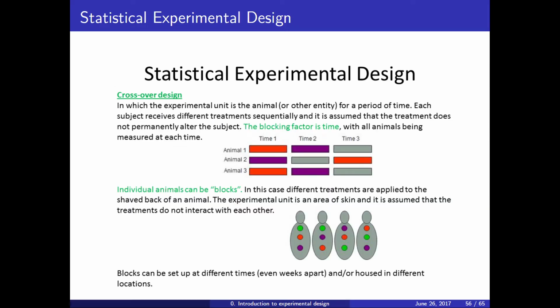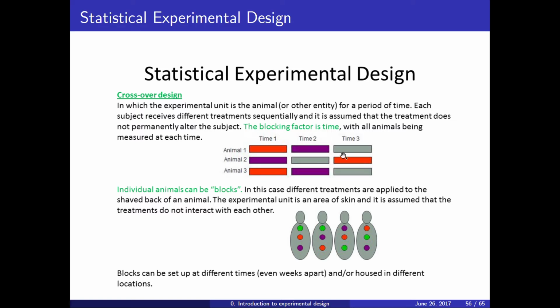We have also already seen these crossover designs. So a crossover design is a way of blocking time or also blocking the animal. So for instance, let's say that you are analyzing a kind of treatment that doesn't modify the animal. So you can apply the 3 treatments in a row. So you can apply to animal 1 treatment, the red treatment, then you leave a washout period, and then there is no effect of the red treatment on the animal anymore, and now you apply a new treatment,